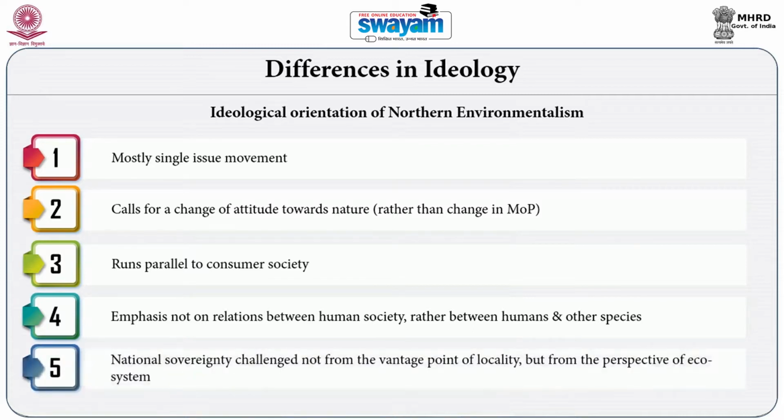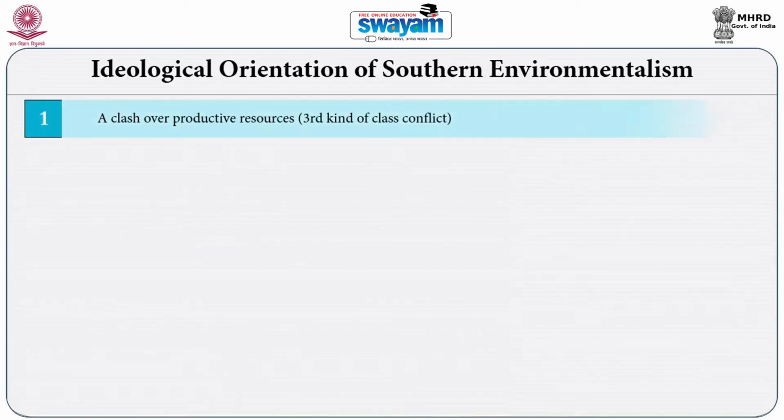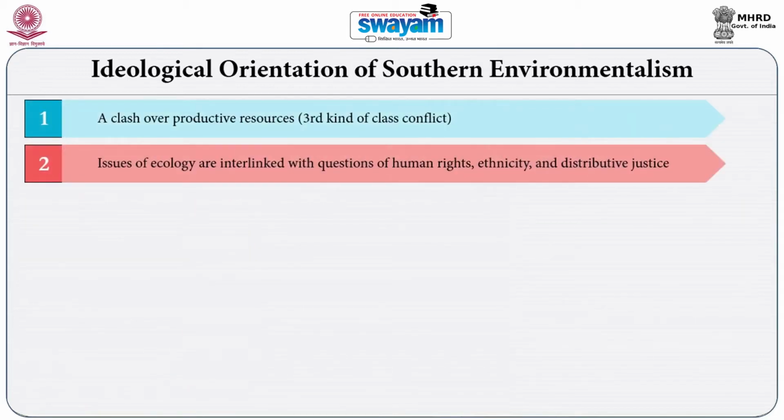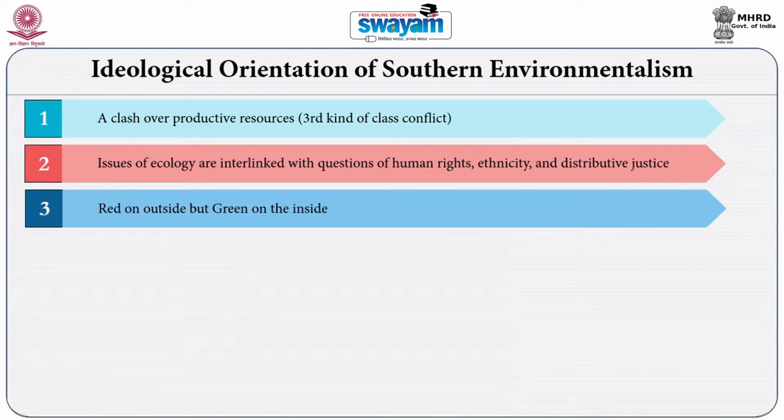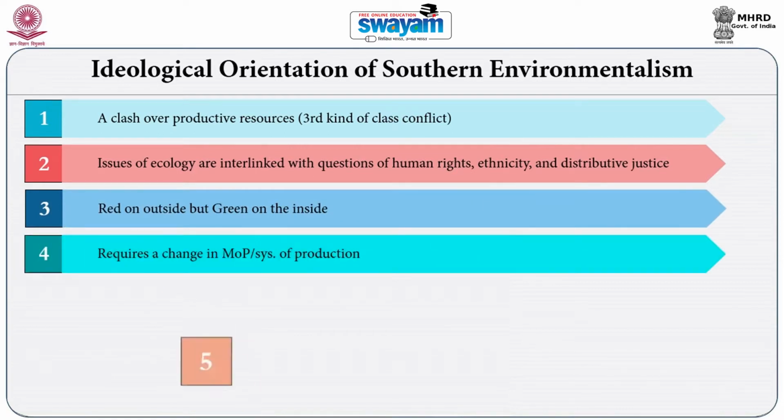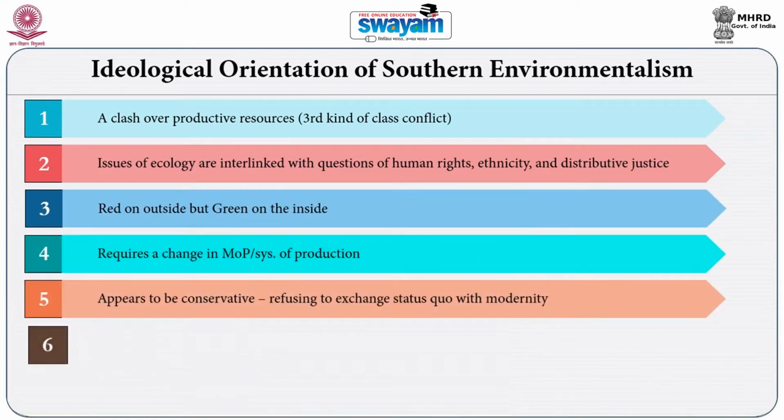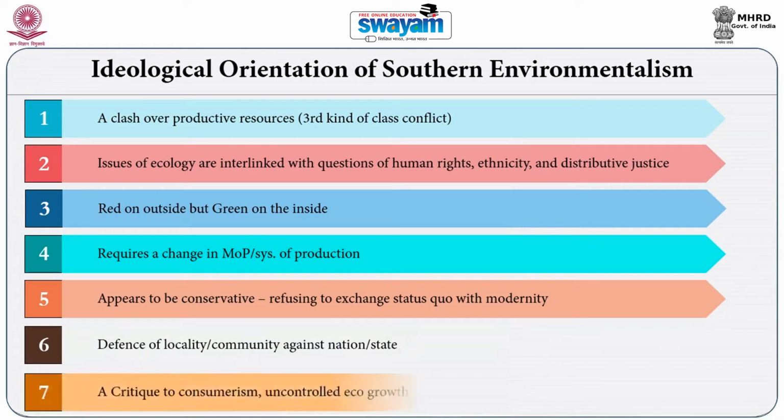So therefore, national sovereignty in this case is challenged not from the vantage point of locality, but from the vantage point of the ecosystem. But when we come to the ideological orientation of environmental movements in the global south, or southern environmentalism, we find that these movements are a clash over productive resources. In that sense, these movements may be considered a third kind of class struggle, in the sense that